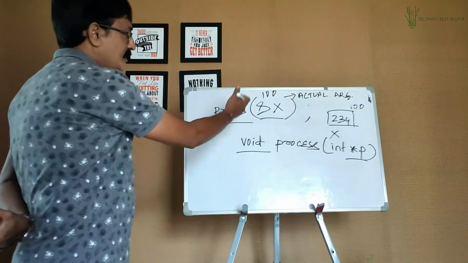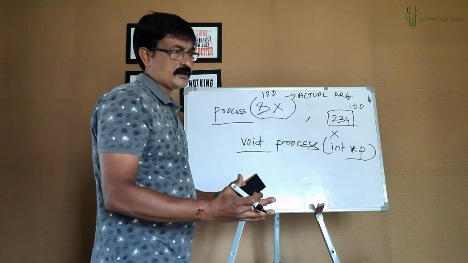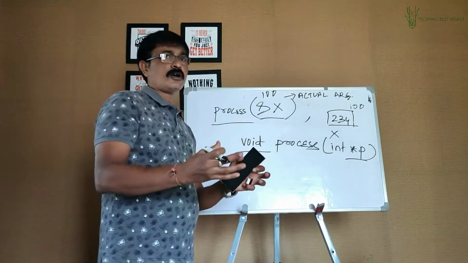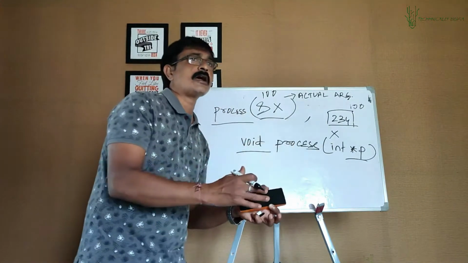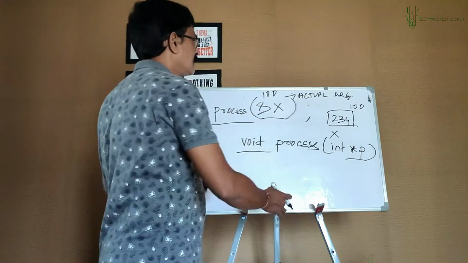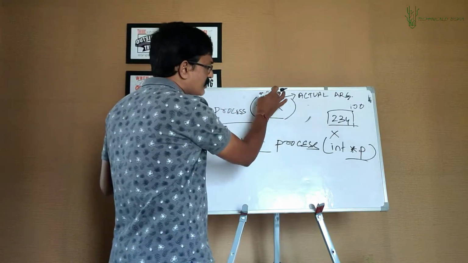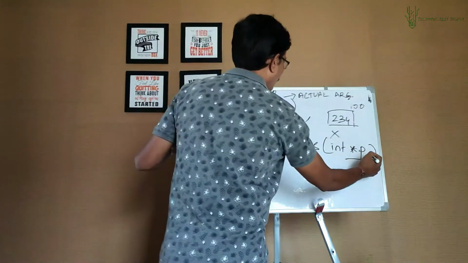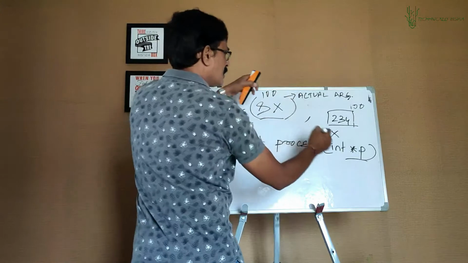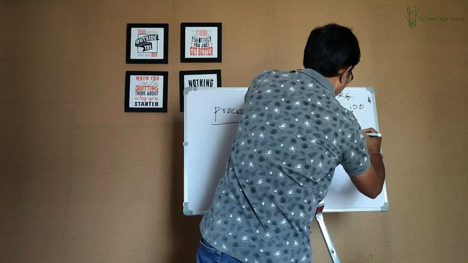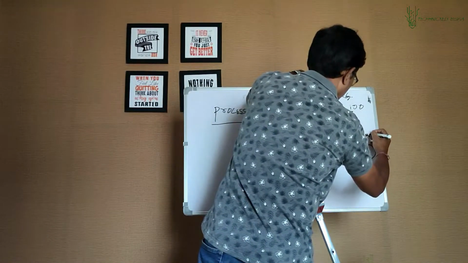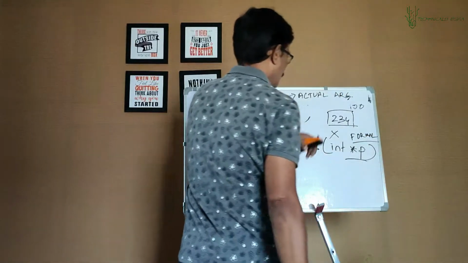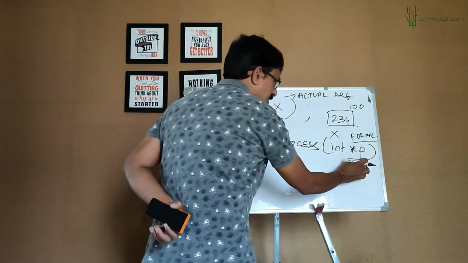And when we receive it, very simple. If you have oil, to put oil you need a container, to put rice you need a bag, things like that. When you are passing the address of an integer, to receive it you need a pointer of integer type. So p here will receive this address. Now p is called the formal argument.